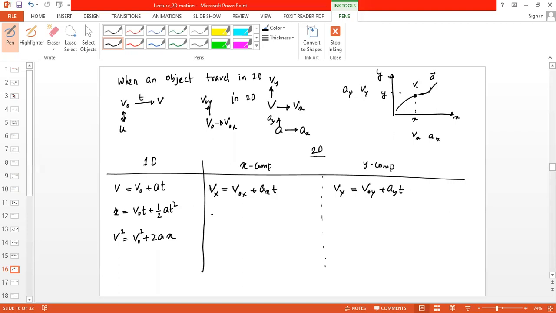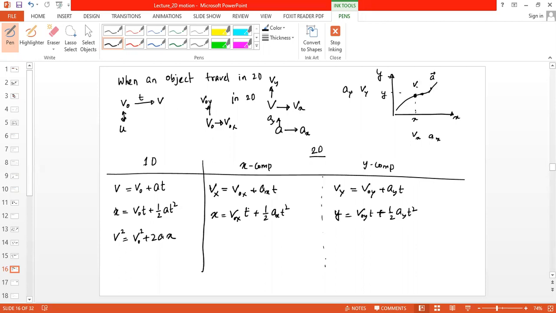Same again, x equal to v0x t plus 1/2 axt square and y equal to v0y t plus 1/2 ay t square, যেখানে অ্যাক্সিলারেশনের y component নিয়ে নিব।